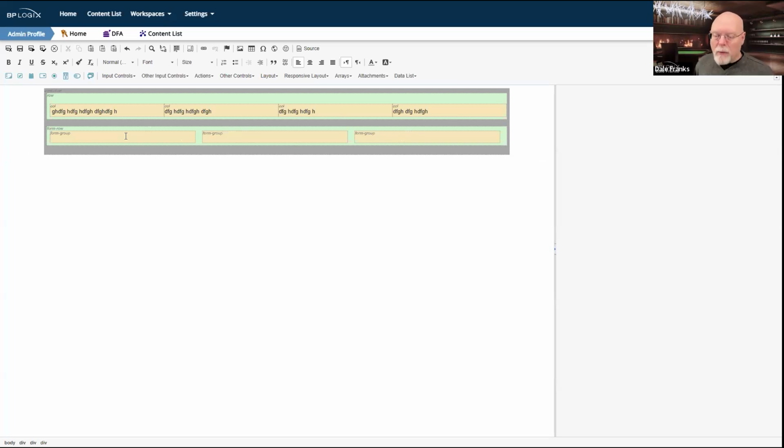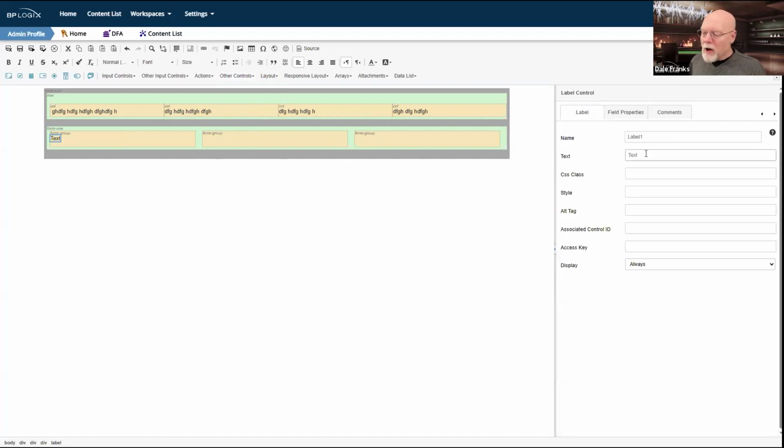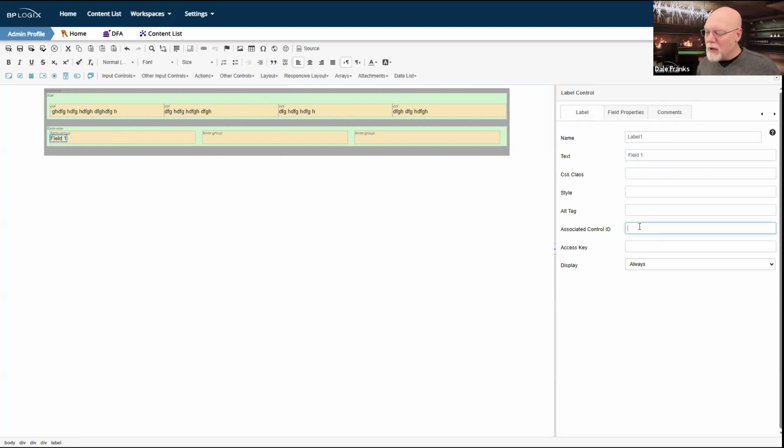So now inside a form group, the first thing I can do is insert a label control. We always recommend if you're going to be using Bootstrap, I'm going to assume that accessibility and responsiveness is super important to you. So therefore, we're not just going to put text in, we're going to put in actual label controls. And so we're going to call this label 1, and I guess we'll call this field 1. Well, it's the text. I can do that. And I'll have an associated control ID, which I think I'm just going to call text 1, because I don't know what automatic name is going to be given for my control.